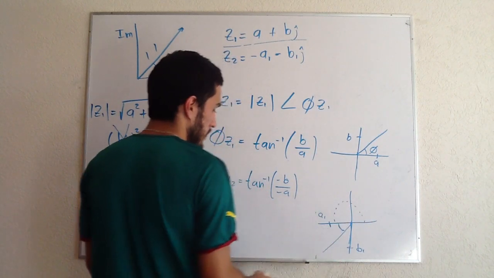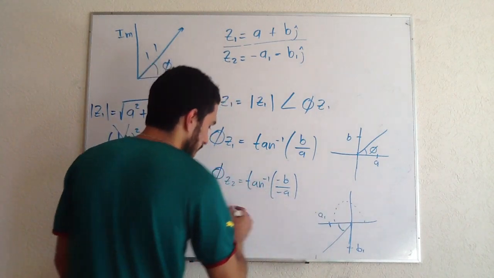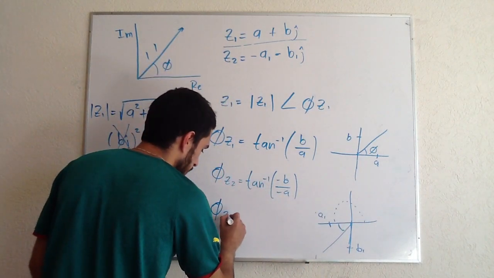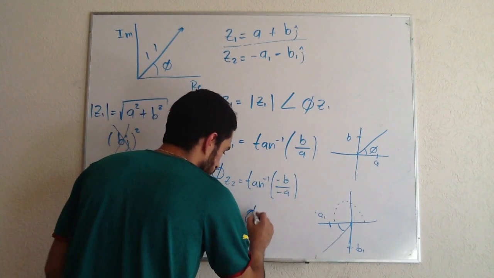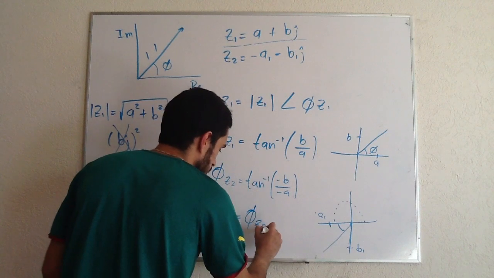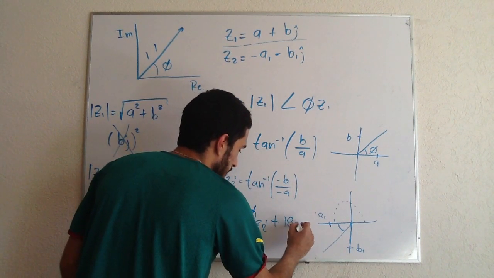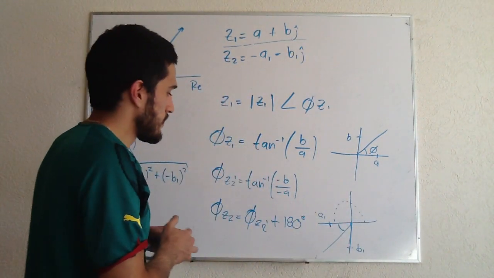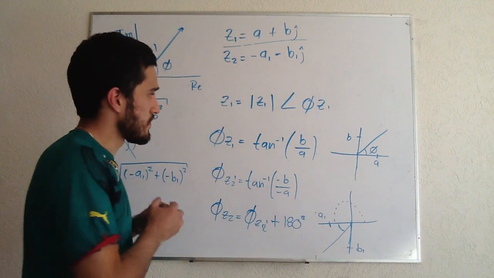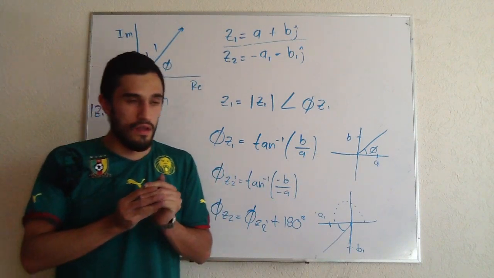So to obtain this angle, well, you only need to add 180 degrees, right? And that is how I take this angle. So it's important to know this stuff to start working with circuit analysis on alternating current on the